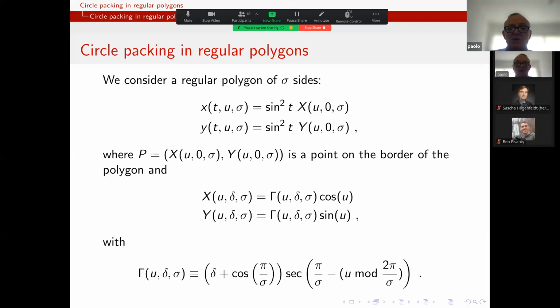So essentially, the way to generalize the procedure to work with regular polygons is straightforward. You need to parameterize the border in a similar way you did it for the square. It's similar and not the same, because for the square we had a Cartesian kind of parametrization, and here we use a polar-like parametrization. So you see that the sine square of t plays the role of a polar distance,